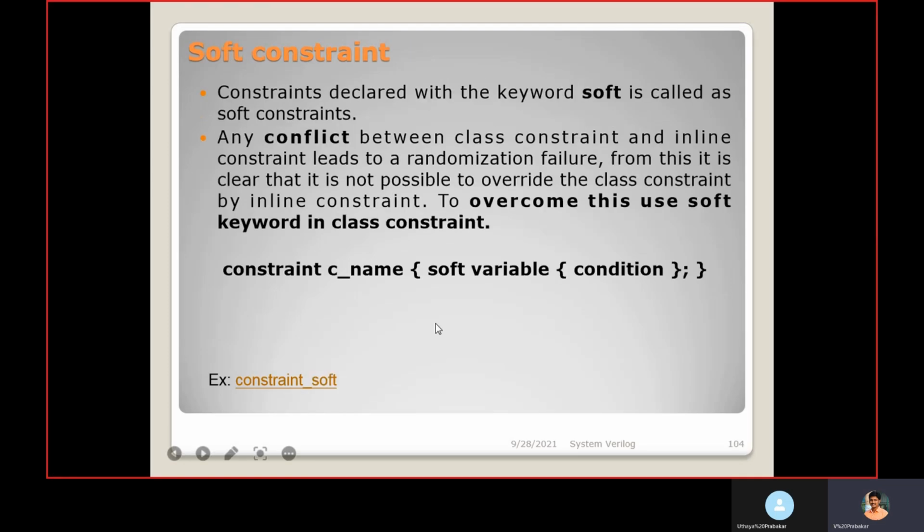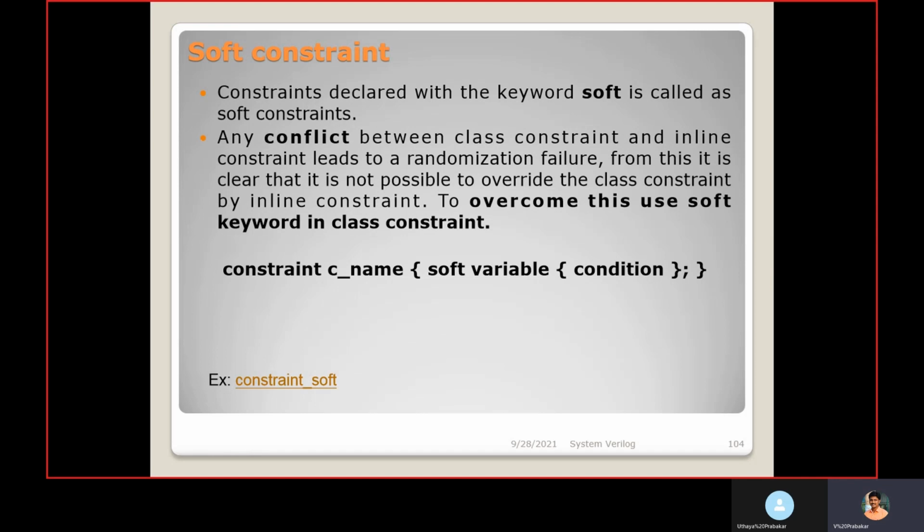We are applying two constraints, but the two constraints do not match. For one constraint I want to apply address should be less than 5. For another condition, I want to generate address greater than 5.